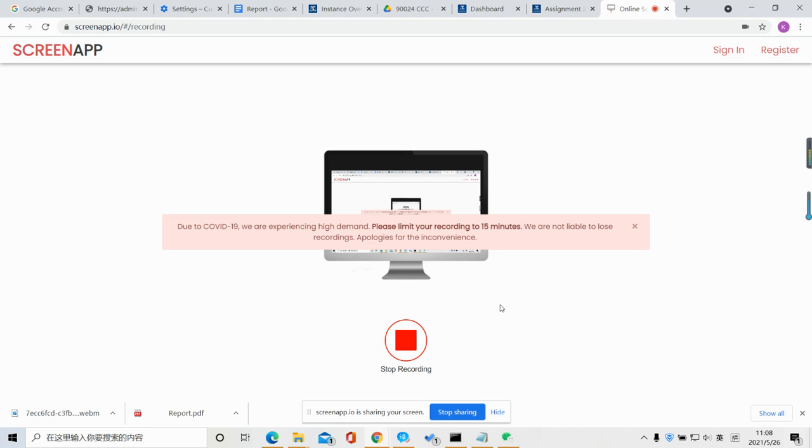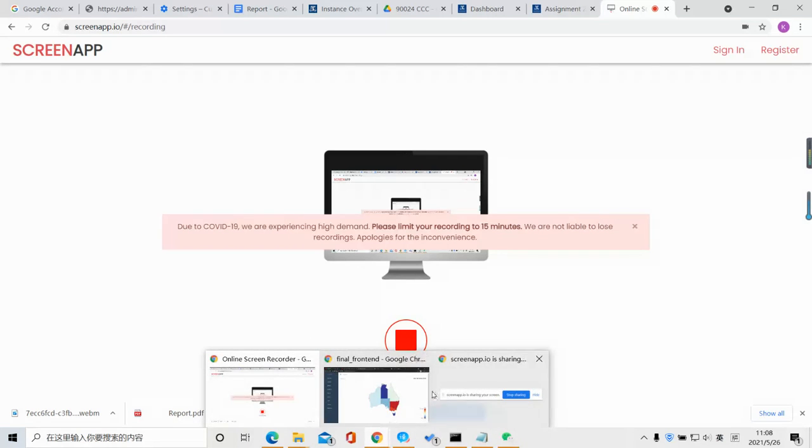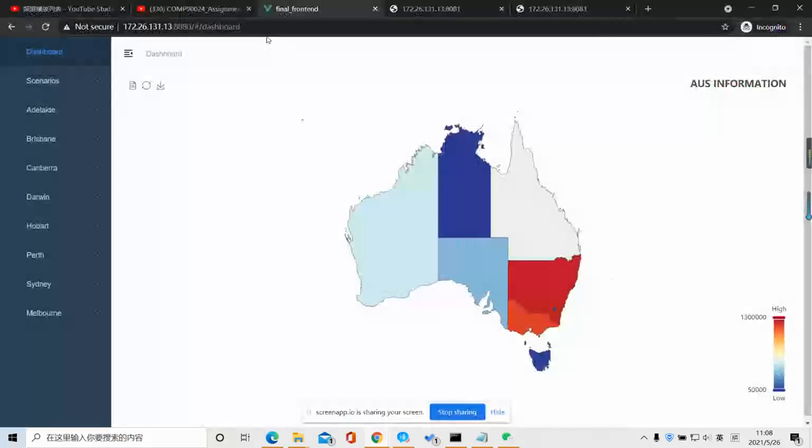Hi, in this video, I will demonstrate our web app. Okay, let's start now. Our web app has been hosted on the MRC instances, which are our servers. For the front end, it is running in Docker now. It is hosted in an instance named demo1, whose IP address is